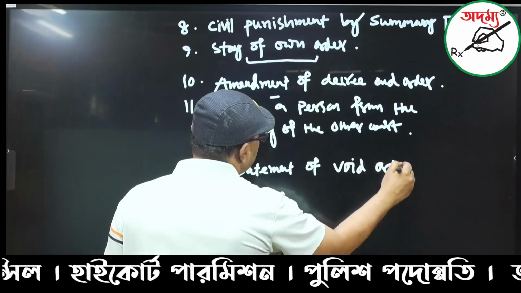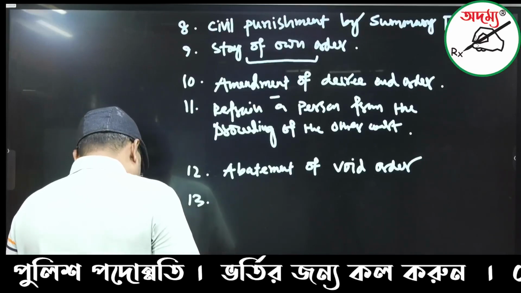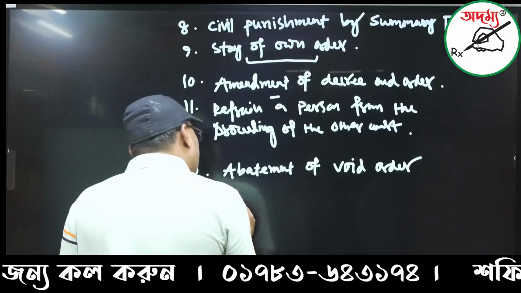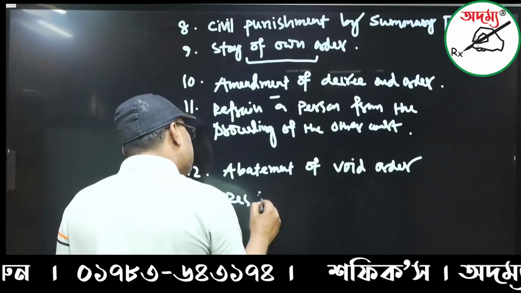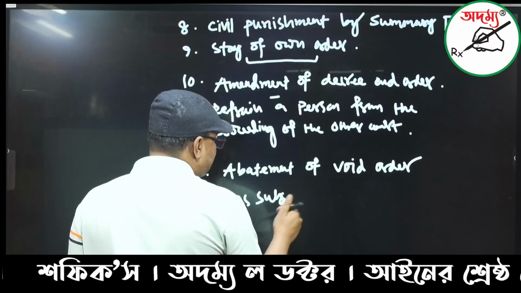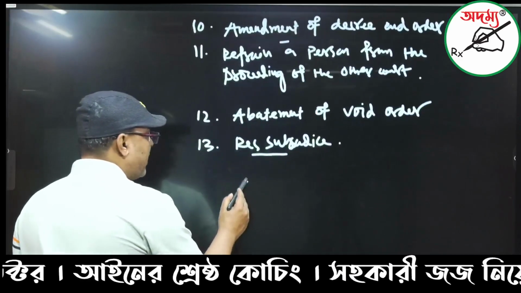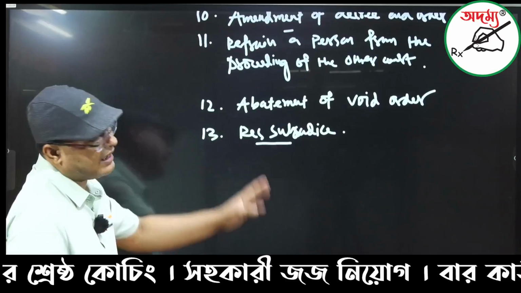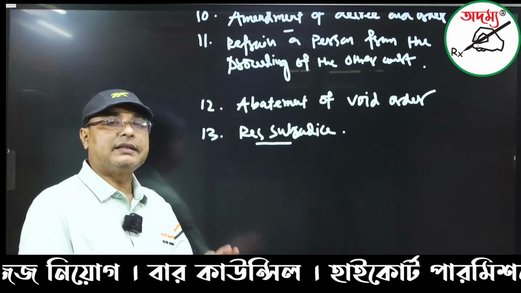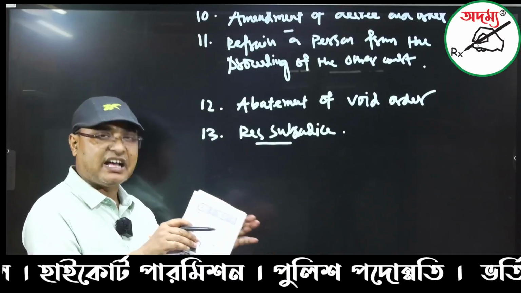A void order means a void decree and order that should be prescribed. And section 30, what exactly is section 30? This is the applicability of res sub judice. So what exactly is res sub judice? This is the applicability of res sub judice under section 10, where proceedings will not be continued in this regard. The court's power under section 151 comes forward to deal with this aspect.